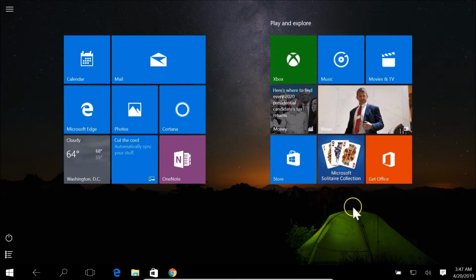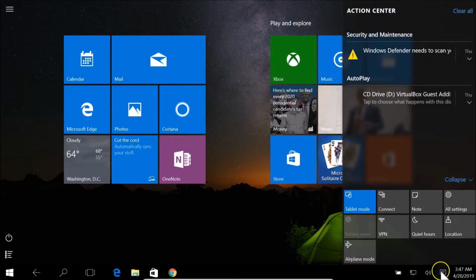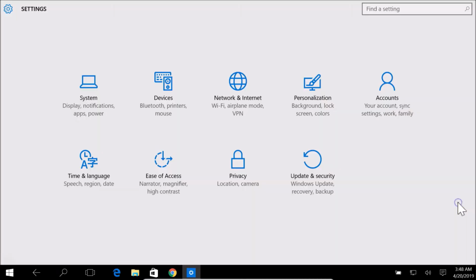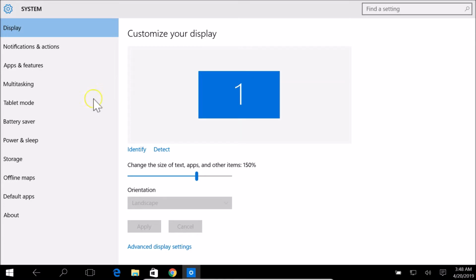Okay, so for that you need to go to the settings. So for that you need to click on this notification area in the taskbar. Okay, so click on this notification, and here you can see that it starts in tablet mode. So in order to change that, you just need to click on this all settings, and after that you need to click on this system, and here in the left menu you can see that here we have the tablet mode. Click on this,